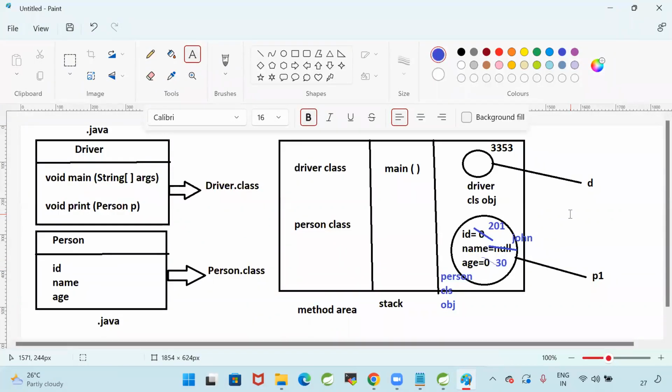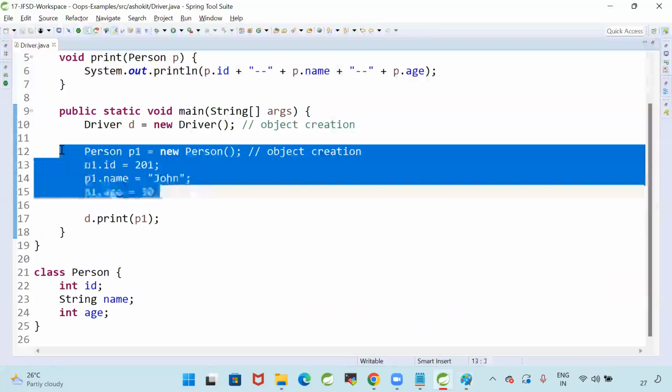So with that, object initialization is completed. Object initialization is nothing but initializing the instance variables of that object. With this, my variables got initialized. Okay. After this,